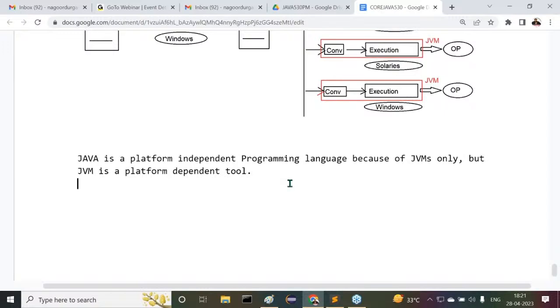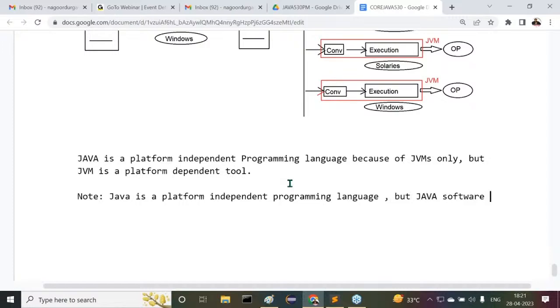So this is exactly the point I'm telling you. Now try to recognize this clearly. Java is a platform independent programming language because of JVMs only, but JVM is a platform dependent tool. One small note here. What is the note now? Java is a platform independent programming language, but Java